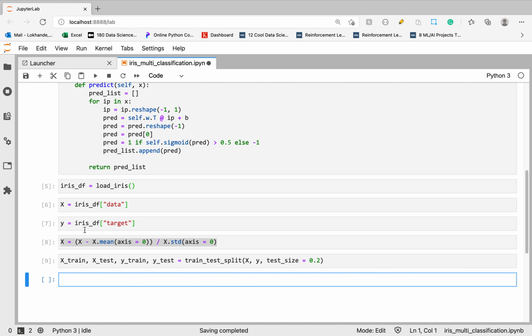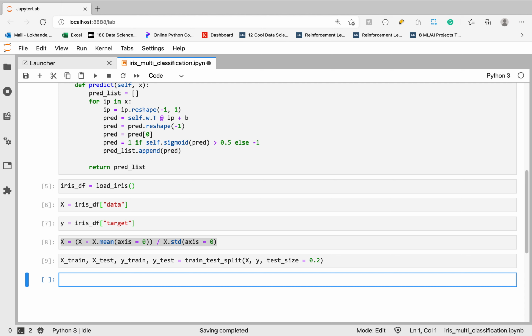Okay, so now let's encode our classes. In here we construct 3 classifiers. Classifier 1 only recognizes class 1, which is setosa. Classifier 2 only recognizes class 2, which is versicolor, and classifier 3 only recognizes class 3, which is virginica.